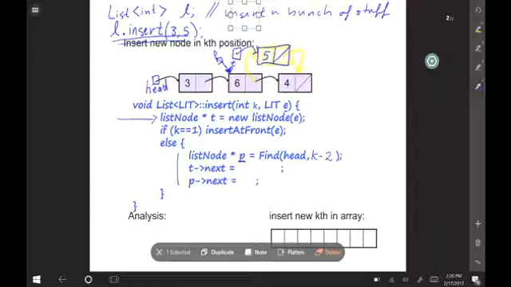So the first pointer that I'm going to change is t next. And what I want it to do is go from what it was before and become that. What value gives me that? What assignment gives me the right thing for t next? P next.